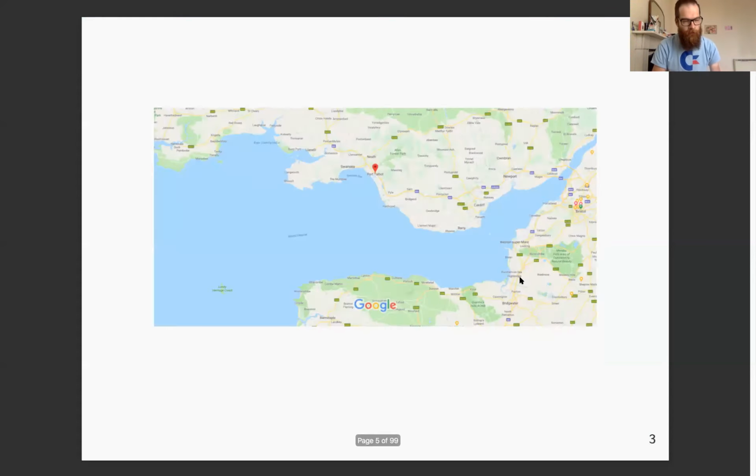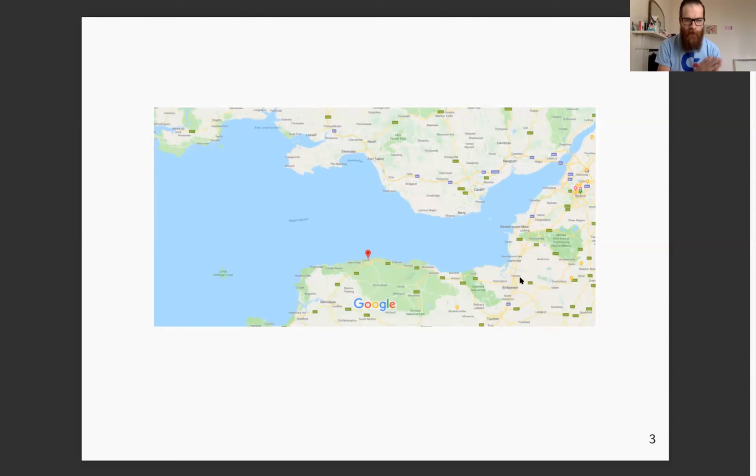In Bristol, you can go north if you want to cycle, and you can end up in Wales. One place I often go to, which I've pointed out here, is Port Talbot. In Port Talbot, there's a steel mill. I usually go there because, just like steel workers, cyclists eat a lot, and there's a very nice cafe there which serves very much food. Another route you can go is to the south, to Exmoor. Exmoor has, among other things, the steepest road in the UK, and cyclists like to climb, so that's where you go and test your legs.